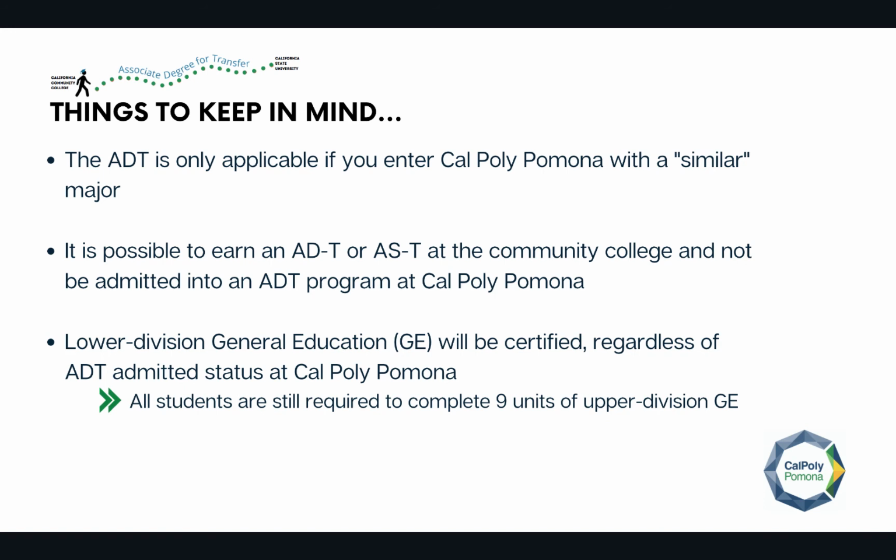You'll get more established if you're going to any CSU. All CSUs have a blend or a combination of this. So whether you're coming to Cal Poly or another CSU, you will have to take 3 courses of 3 units of upper division that are counted into your GE program.